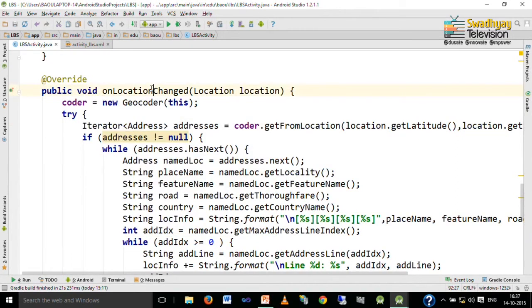So, it will call this location change method, and inside this argument you will get the location of your mobile, or current location.